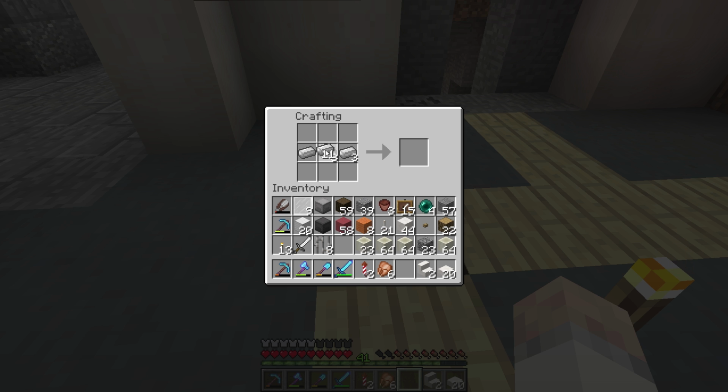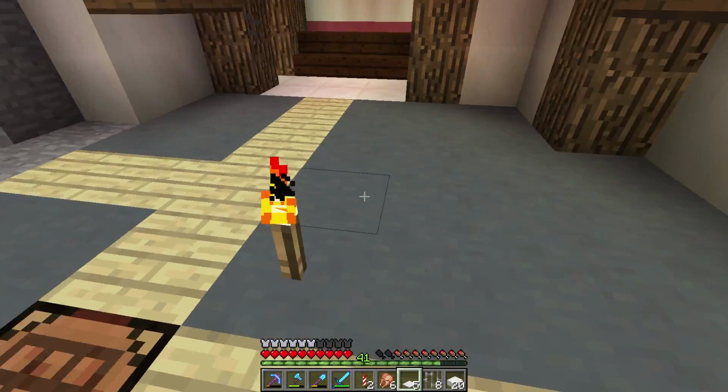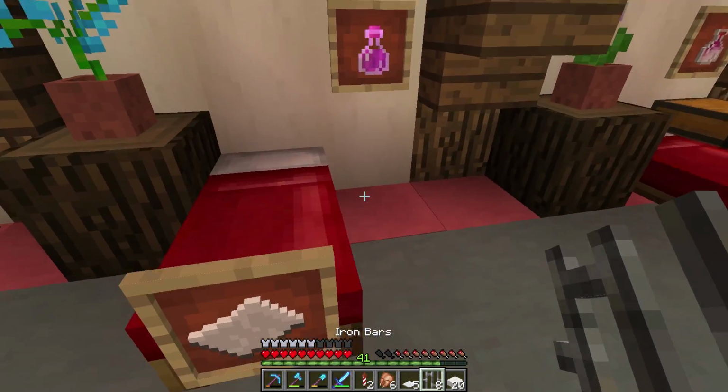So we'll need 7 of these, or not 7, what, we've put 3 down out of 8, so we need 5 of those. There we go. 5 of those pressure plates, and we also need 5 iron bars. So if we can put maybe 1 there...